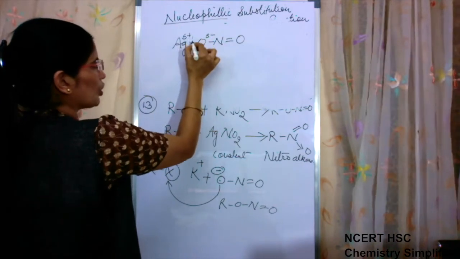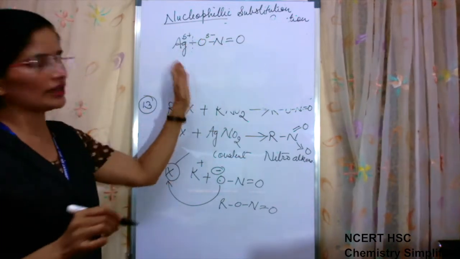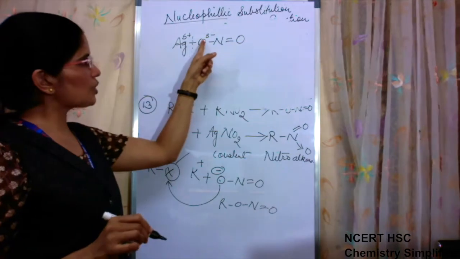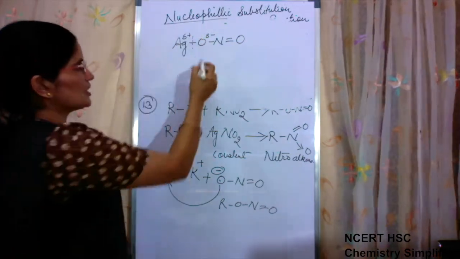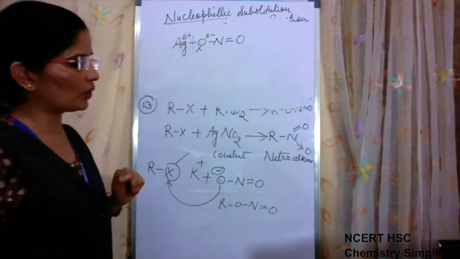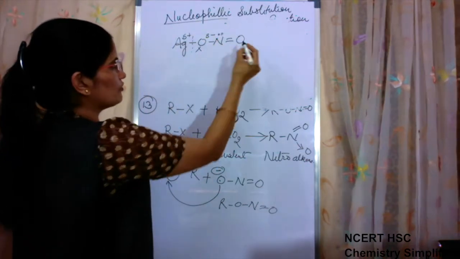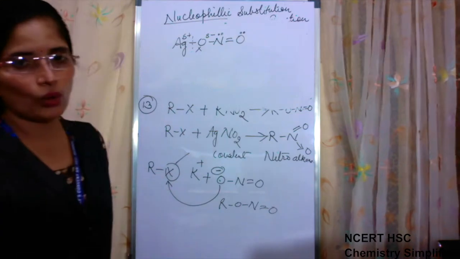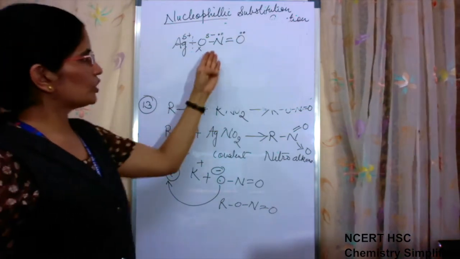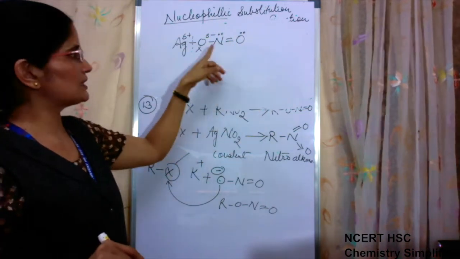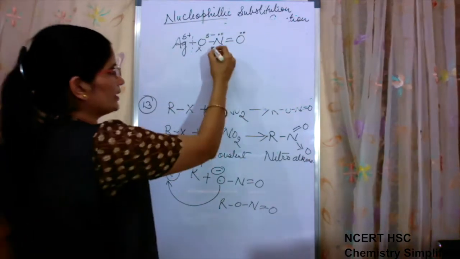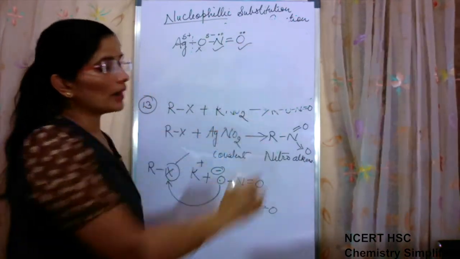This bond will not break completely until new bonds are formed. So this oxygen which bears a negative charge is not free to participate in the bonding. Now the other two atoms, nitrogen also bears a lone pair of electrons, oxygen also bears a lone pair of electrons. Both of them are able to participate in bond formation. Either N can participate or this O can participate.